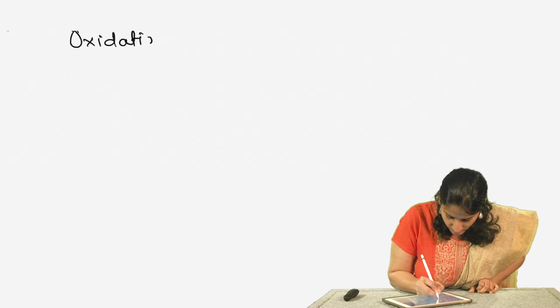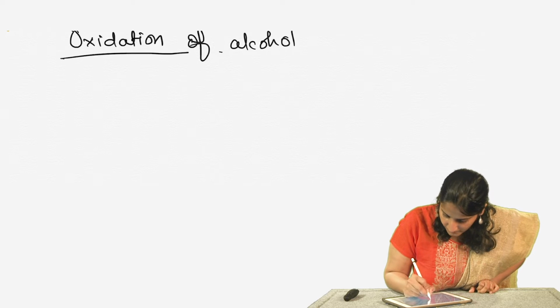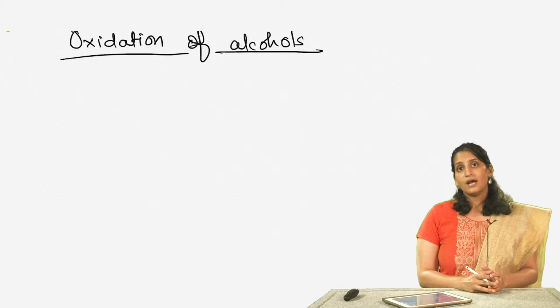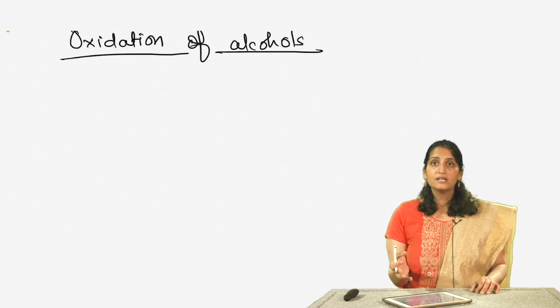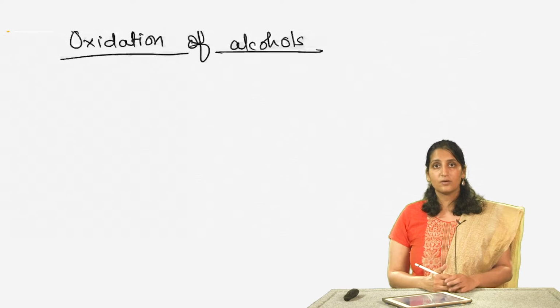The next type of alcohol reactions that we want to talk about are oxidation reactions. So, the next reaction that I want to talk about is oxidations. Primary alcohols can be oxidized to aldehydes, which can in turn be oxidized to carboxylic acids, depending